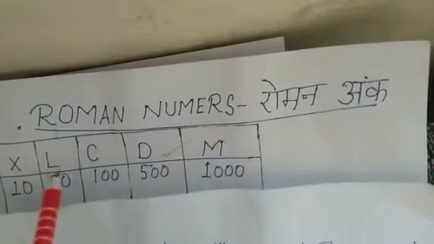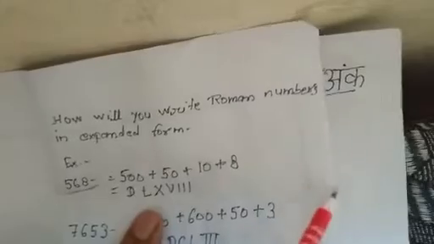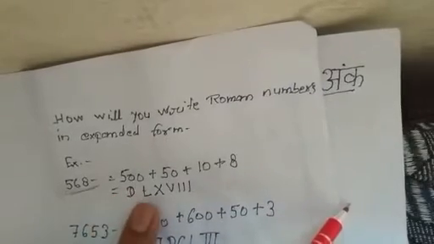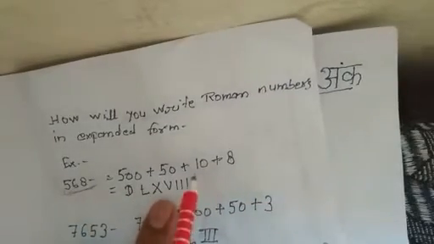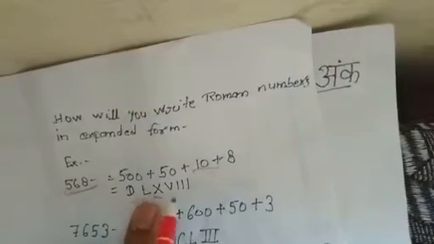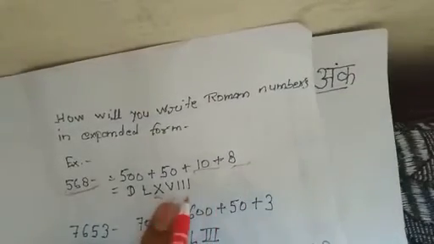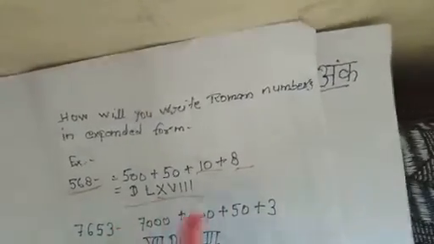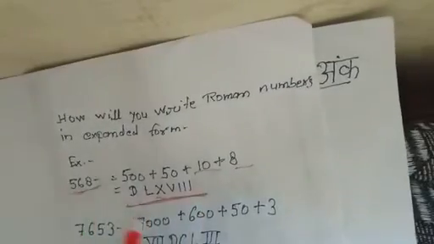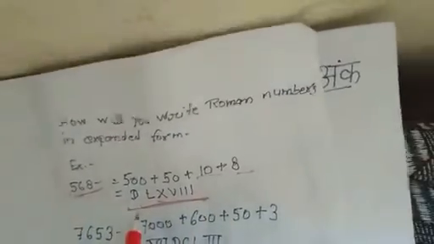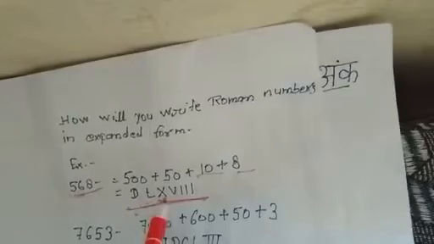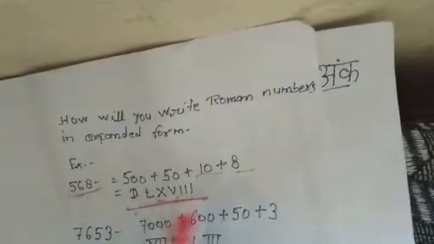After that Roman number of 50. So Roman number of 50 you can see here कि Roman number of 50 L, okay. तो L means D 500, L 50, and Roman number of 10 is X, and Roman number of 8 V triple I. Means these are the Roman numerals of 568, okay.